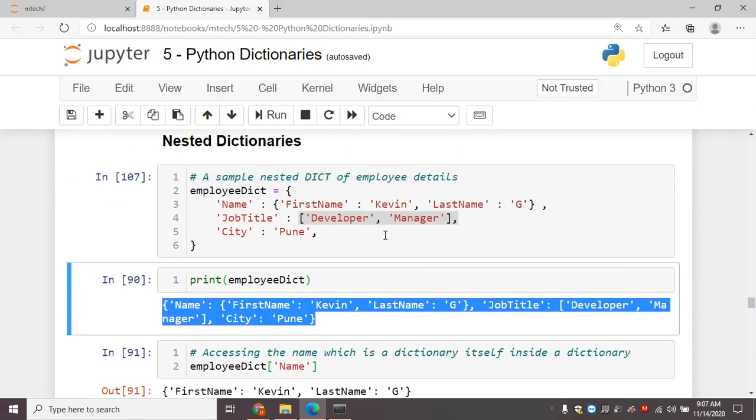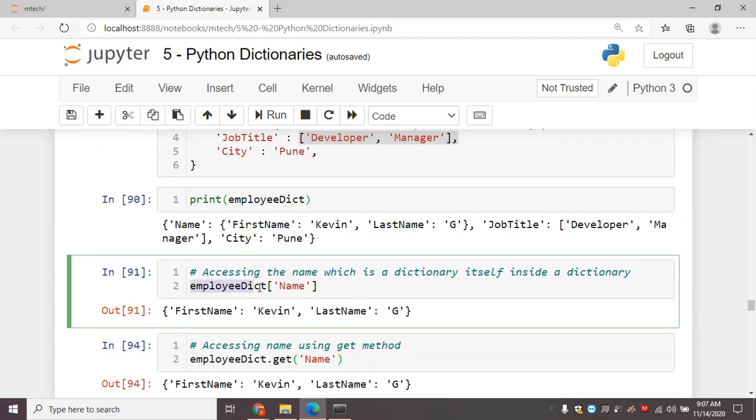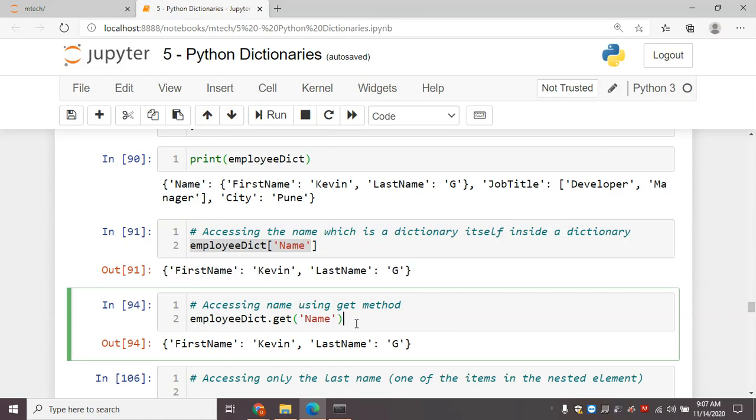Now I want to access the name. Name is a dictionary itself, that is a dictionary inside a dictionary. So I can access it using employee dict of name, and I got the dictionary with first name and last name. I can also access this using the get method that we already discussed: employee dict dot get of name.